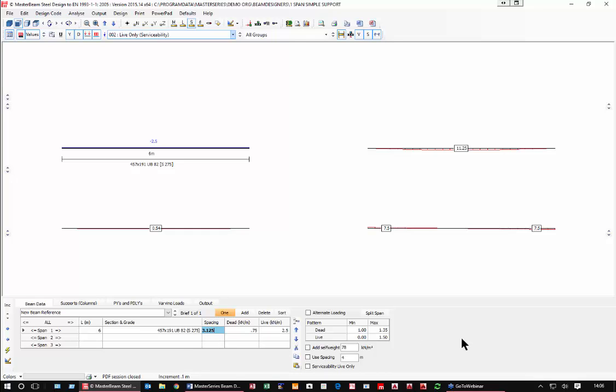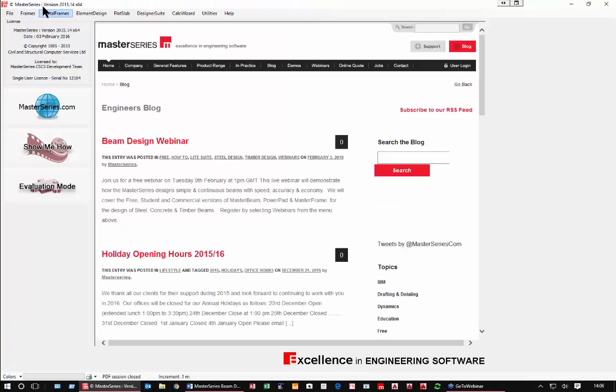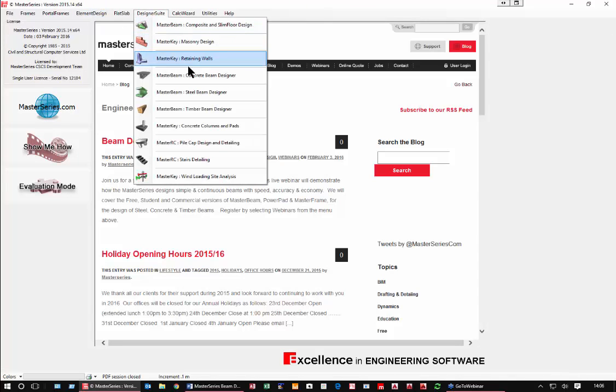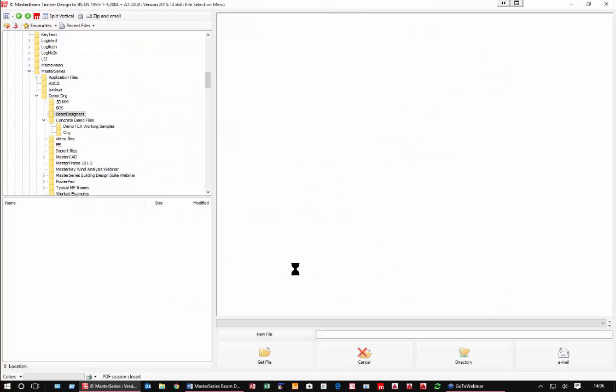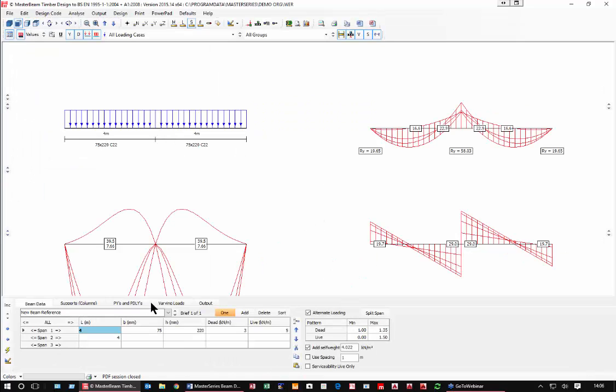So that's very useful. With timber, can you take in wet conditions? I don't believe you can take in wet, but certainly you can take in the exposure of the timber. If you're in any of the timber designers, you will see that, take this silly beam of mine, you will see